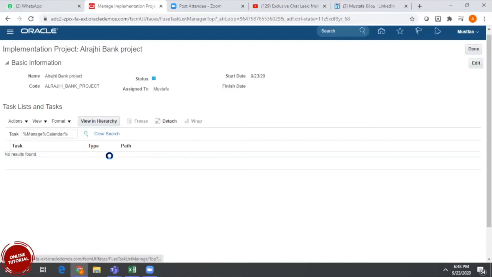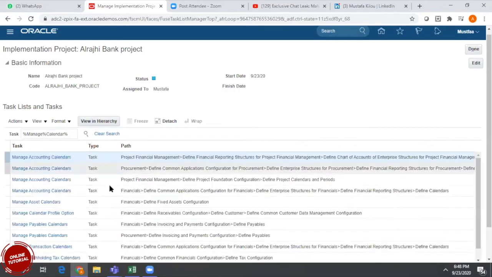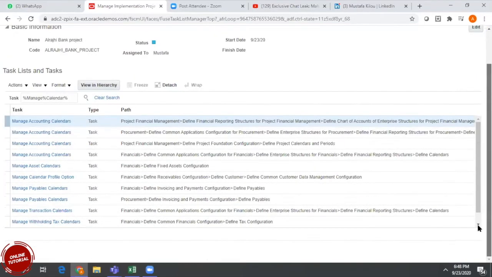Because we selected four solutions, this calendar definition is available in multiple solutions. Accounting calendar is available in PPM and also in financial accounting. Since we are doing financials, the recommendation is to select financials and manage accounting calendar.